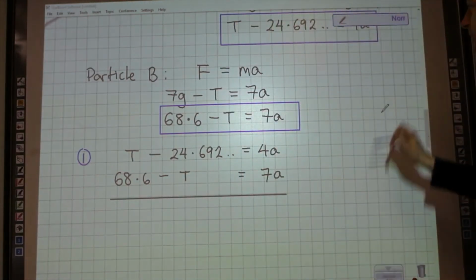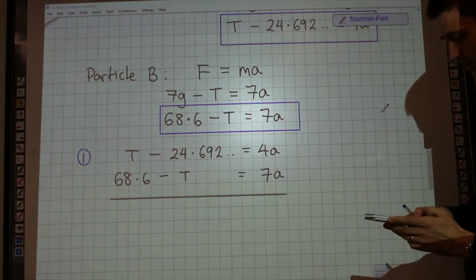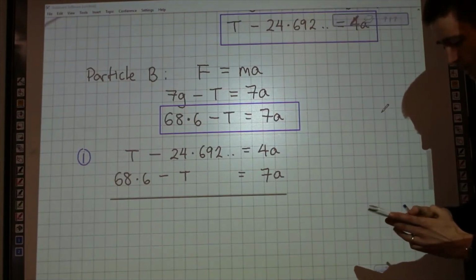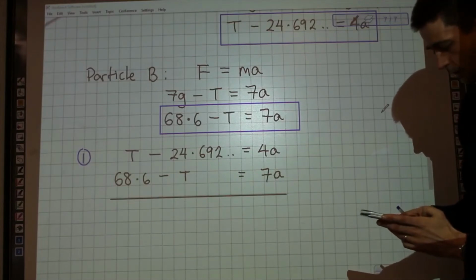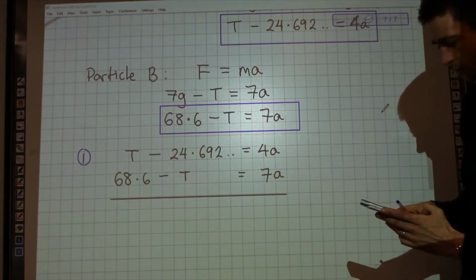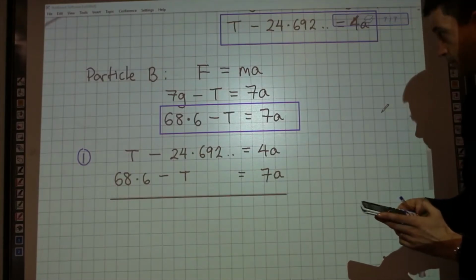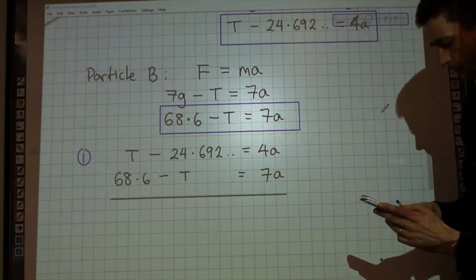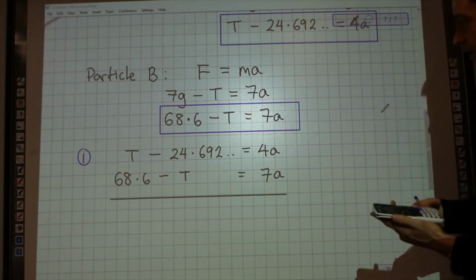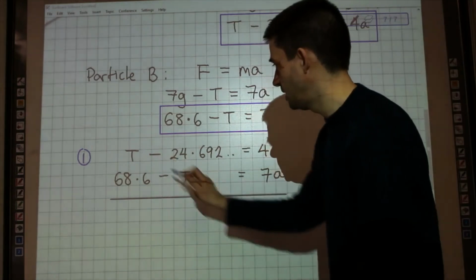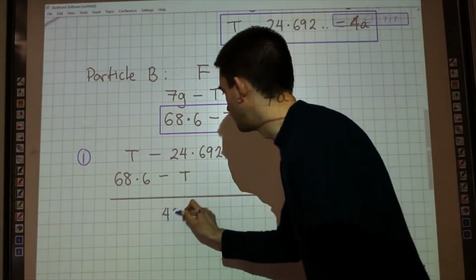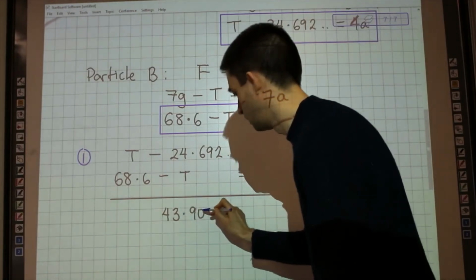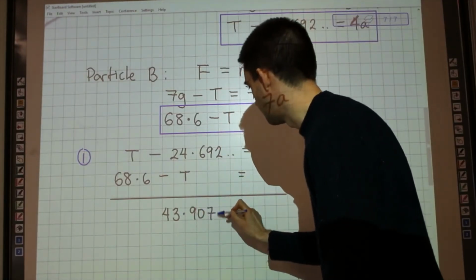What I'm going to do now is I'm going to add those two equations. By adding those two equations, the T's will cancel out because you've got plus T minus T, and I've got 43.9077